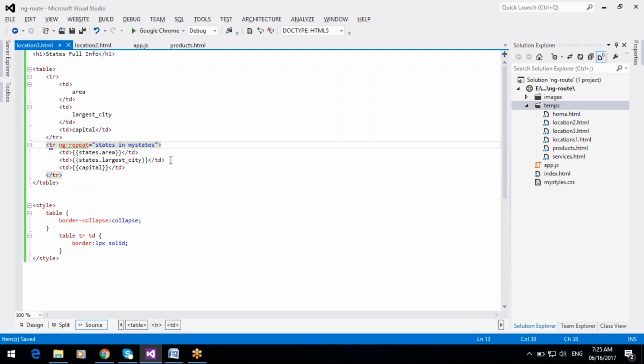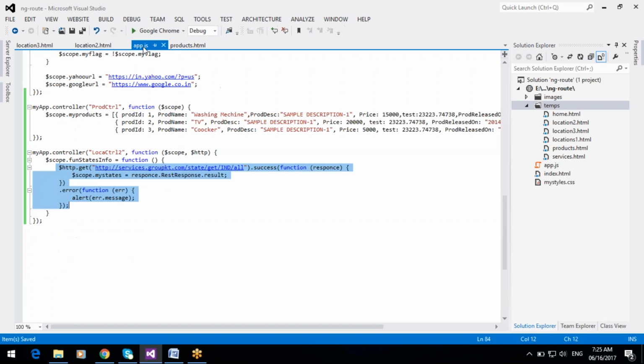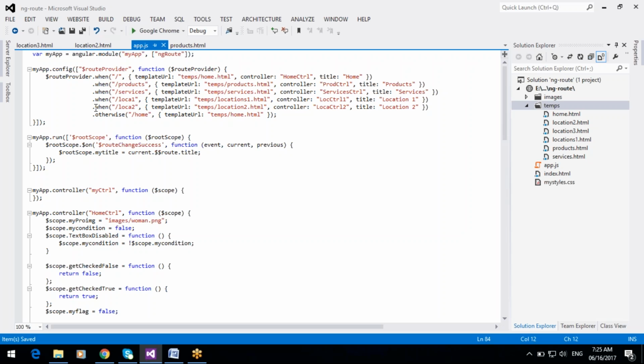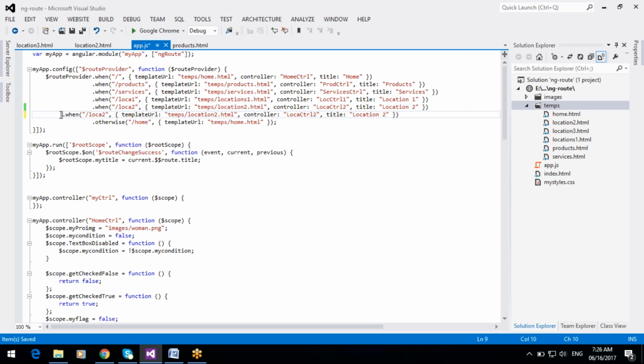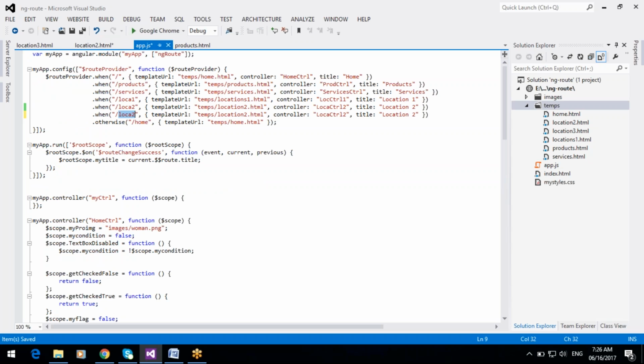The capital, states full info. Now we are passing the parameter, and here we have to provide the URL routing for location 3: location 3 and template URL location 3.html. The controller is also location 3.